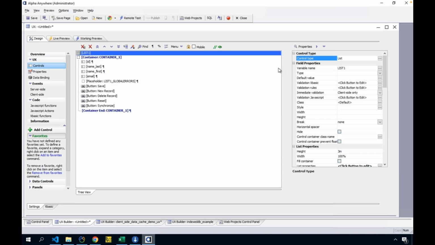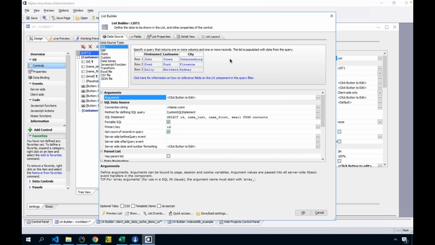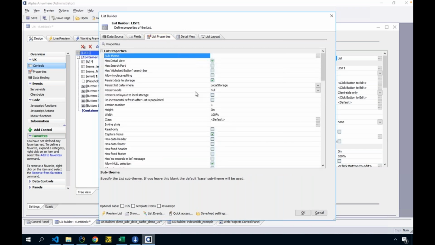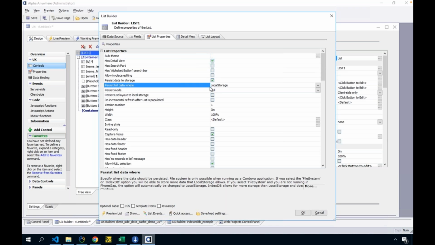Now, traditionally, the list control would download and manage JSON offline, and it would use a lot of the existing capabilities within the web browser. But in this update, this is one of the more exciting things: if I go to the list control and go to persist list data, local storage has been there a long time, but local storage was that problem child. It had limitations on size. It wasn't very persistent. It wasn't hardened as far as helping your app. But now, check it out. There is a new feature called